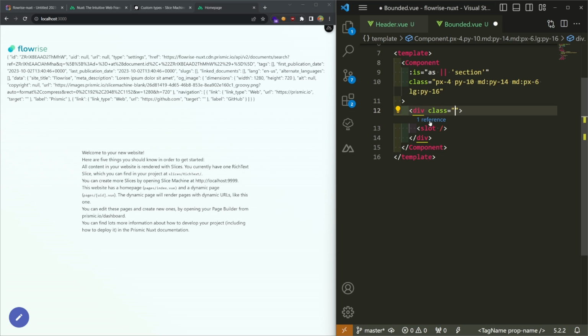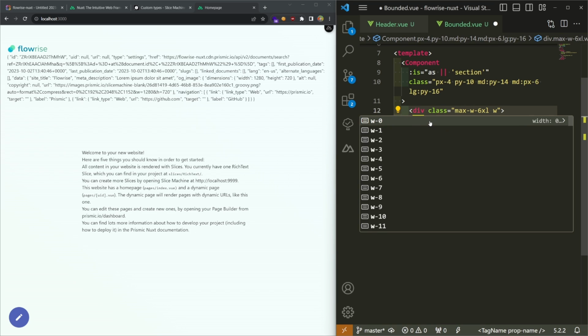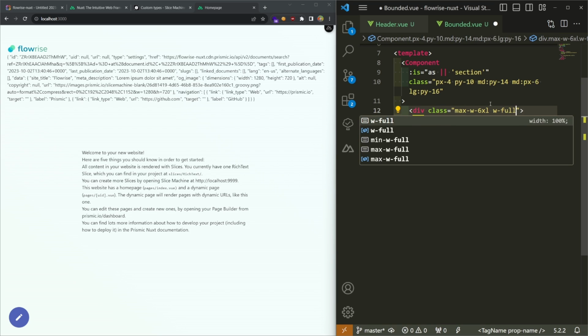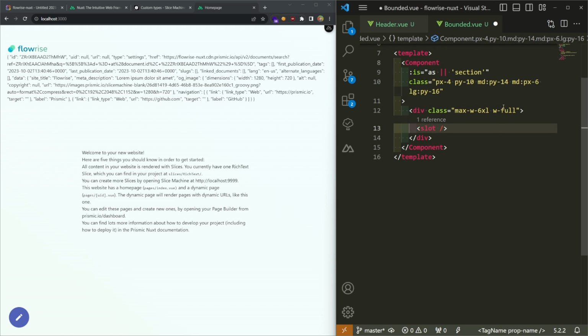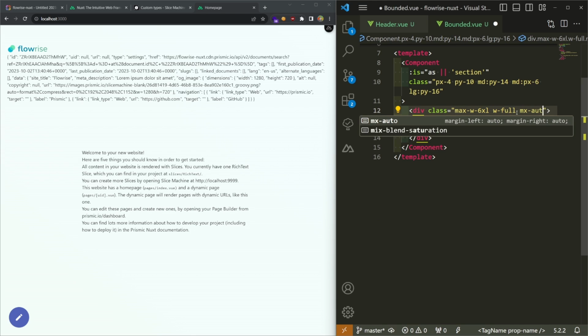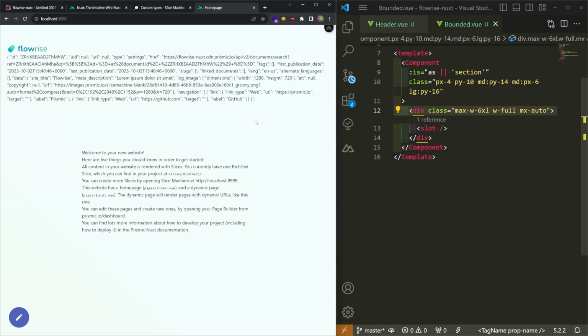So we'll give it a max width. So go max width 6 pixel. And then we want it to be as large as possible. So we go W auto. Those two classes together, W full is to go to the full width, so take as much space as possible. And then the max width 6 pixel just says, well, take as much space as possible, but no more than 1152. And then to center that, just go MX auto, which is a way to center a div horizontally